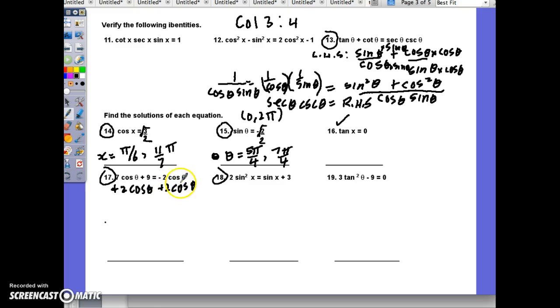So this one will give us 0 over here, and 7 cosine theta plus 2 cosine theta is 9 cosine theta. 9 cosine theta plus 9 equals 0. When I move over the 9, I get 9 cosine theta equals negative 9. Divide both sides by 9, I get cosine theta equals negative 1. So theta would have to be